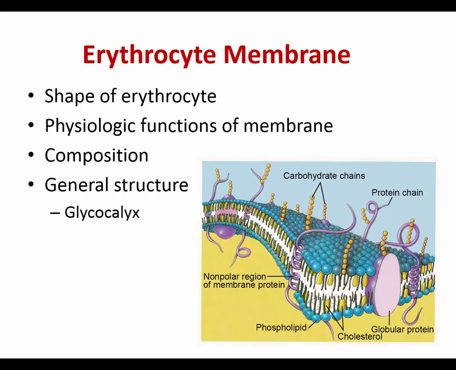Membrane. So I already told you a lot about the membrane of cells, but in this case, the red blood cell membrane is going to be a very unique membrane, but it's going to be very similar to other membranes. What is going to be similar? There is going to be a large composition of lipids. There is going to be a large composition of proteins. There is going to be a composition of carbohydrates. Each one of them is going to have a different task. The lipids,